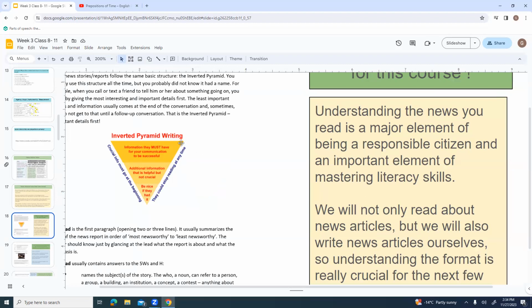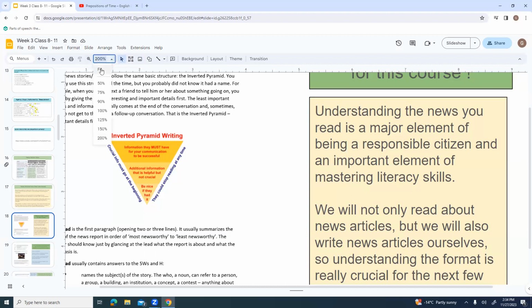Because of this format, people can stop reading at any time. It's really common for people who are reading through a whole newspaper to just read the first paragraph and see if they're interested in the story, if they want to know any more. And if they don't, they just quit reading. They've still understood like a little sound bite of information about that.